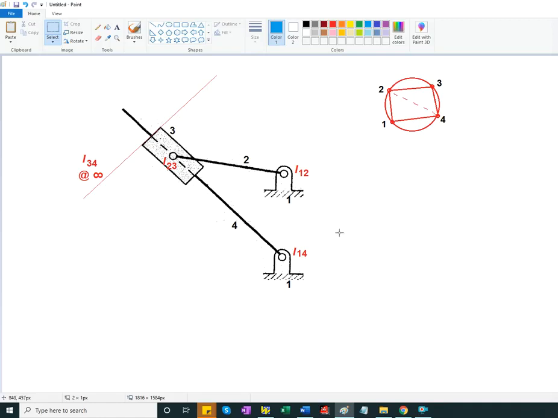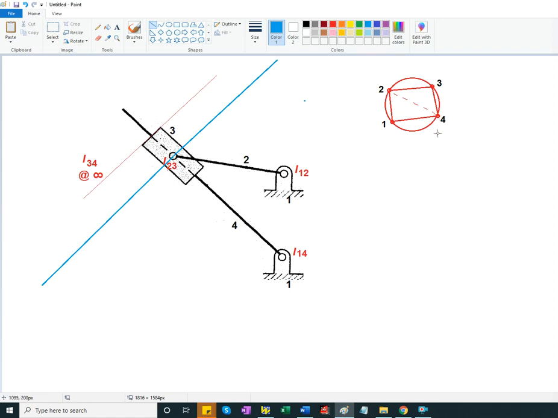So I need to connect 2, 3 with 3, 4, which is infinity. Essentially, it's a matter of drawing a perpendicular line that is parallel to the reference that I had here, and